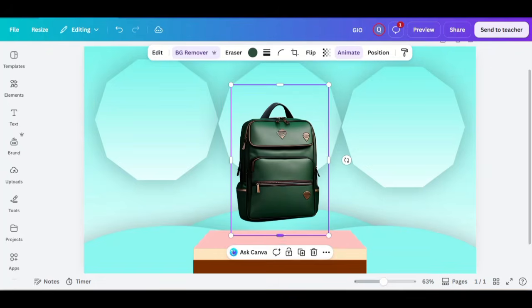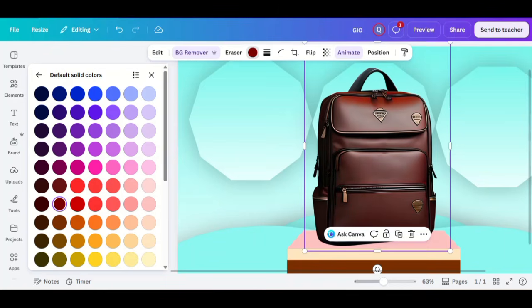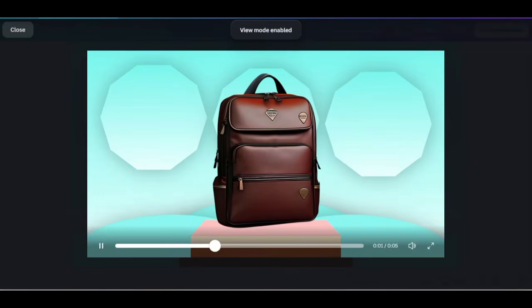Upload your product image and place it above the patterned background in the most noticeable position. Add a bold advertising headline, a short